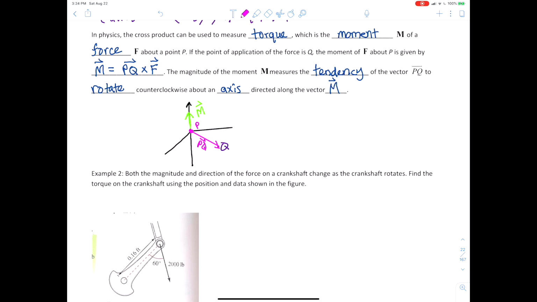And so we're looking at how PQ is going to rotate about this axis that M is on. Okay? And it's going to rotate counterclockwise. All right, so I know that's kind of weird, a lot to take in, but let's just take a look